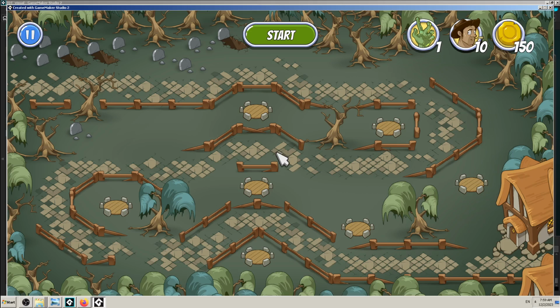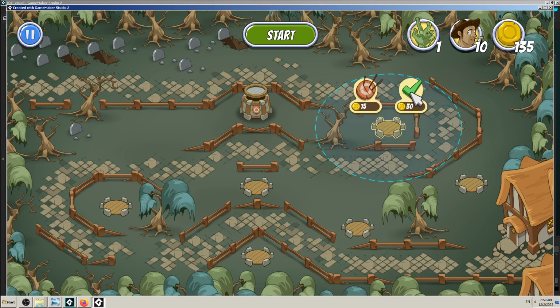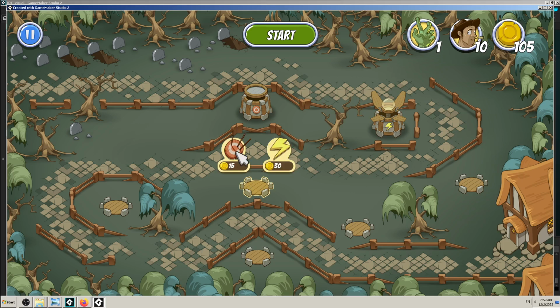I love this art style, and also you can click on, I think, only these placeholders for towers, so you can pick two types of towers, one with arrows and one with some kind of electroshock. You need to double click, and you spend 15 on an arrow tower and 30 on